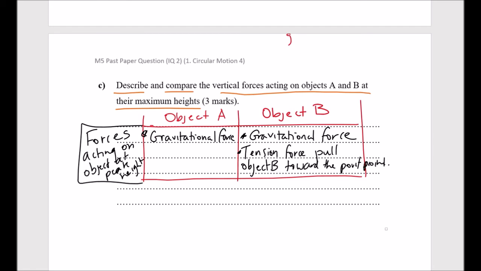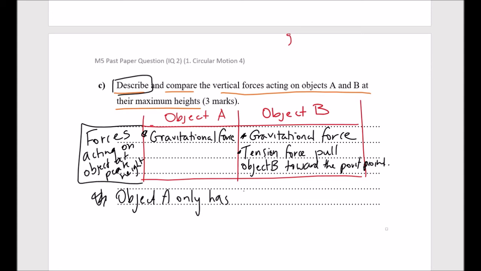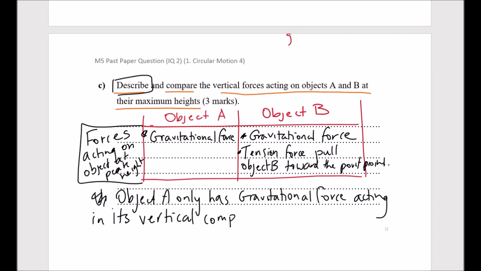All right, so that's our little comparison here. The last thing is probably just to do a little description. Compare the vertical forces acting on the objects. Okay, so object A only has gravitational force acting in its vertical component at maximum height,